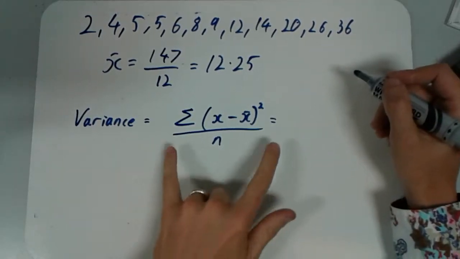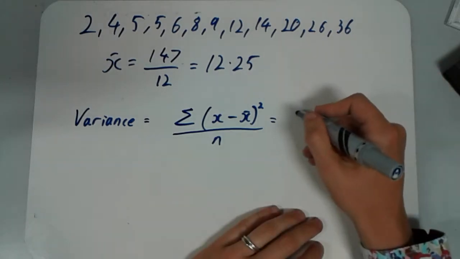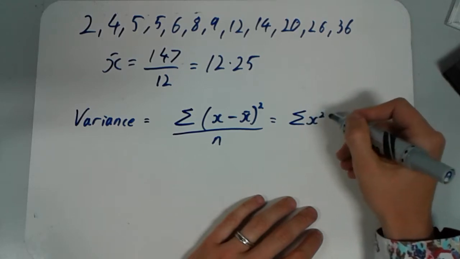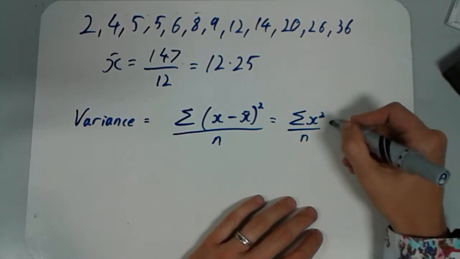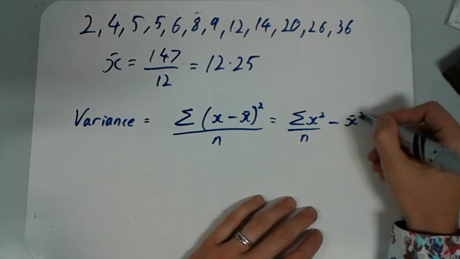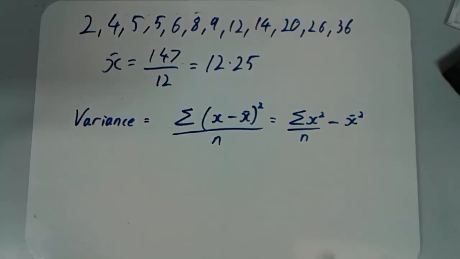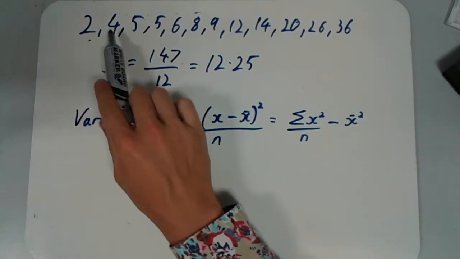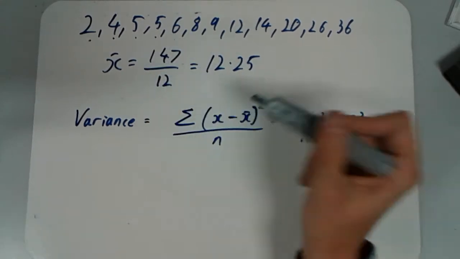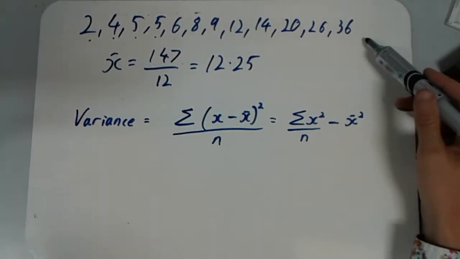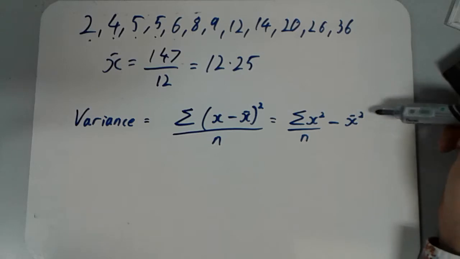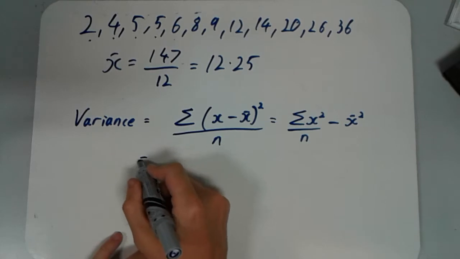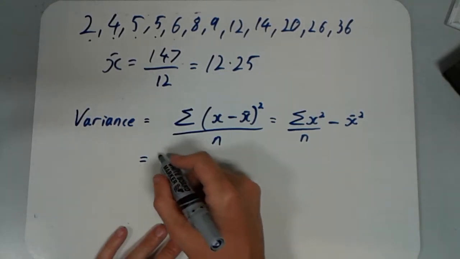An alternative form for that formula, which you can derive in class if you want to test yourself, is the sum of x squared over n, subtract the mean squared. Okay, so the sum of the x values squared, so 4, 16, 25, 25, 36, and so on. Add all of those up, divide by n, and then subtract the mean squared. Okay, if we do that in this case, we get a variance of